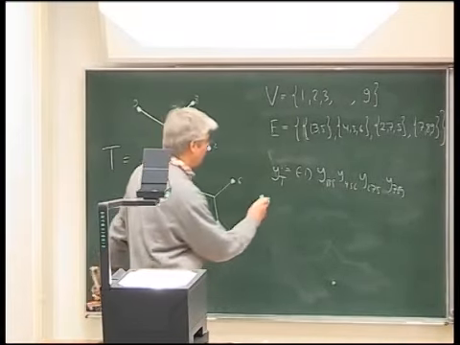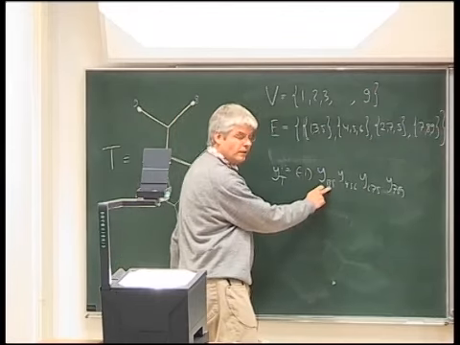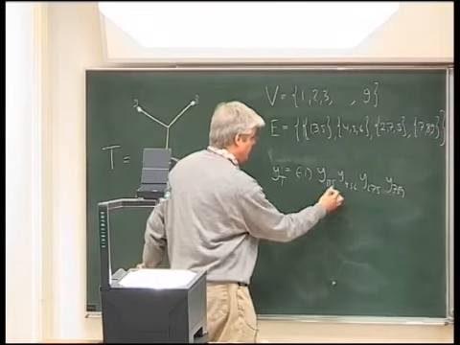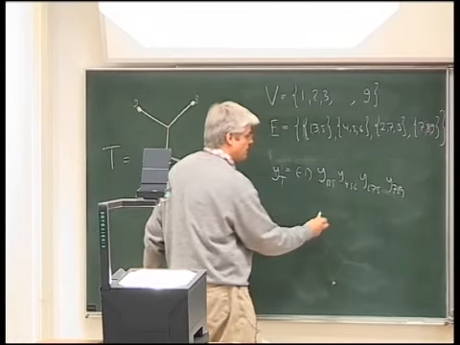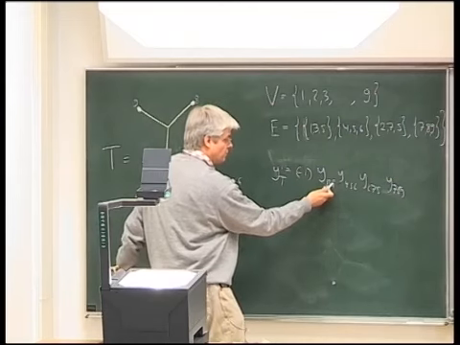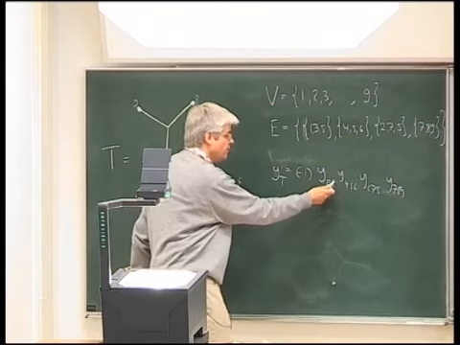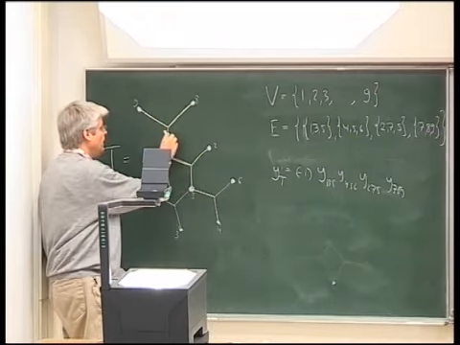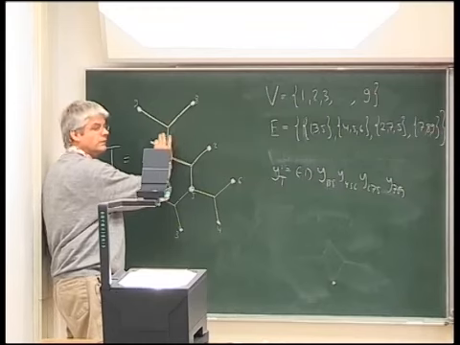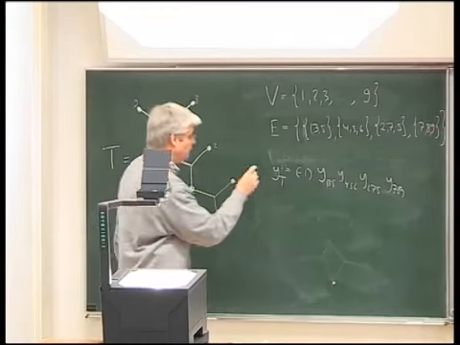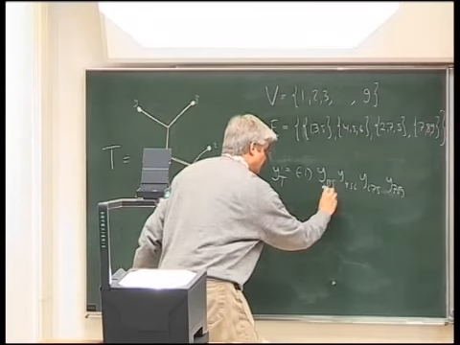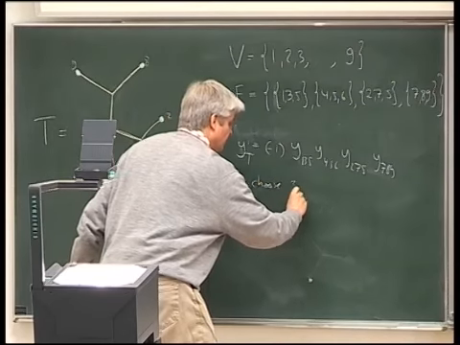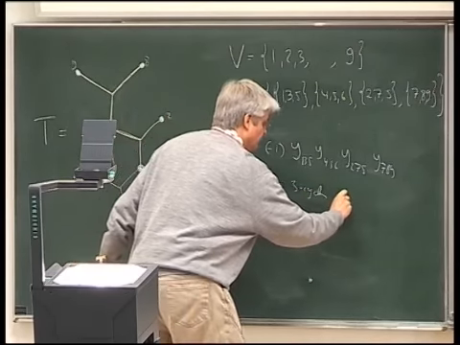So basically, what happened is I made a choice. For each of these 3-element subsets, I made a choice of a cyclic permutation. So I chose 135 here rather than choosing 315. Now, there's no embedding information here. I don't have a cyclic orientation here. Okay? So what I do is I just do the following. I make this choice. So I choose 3-cycles, say